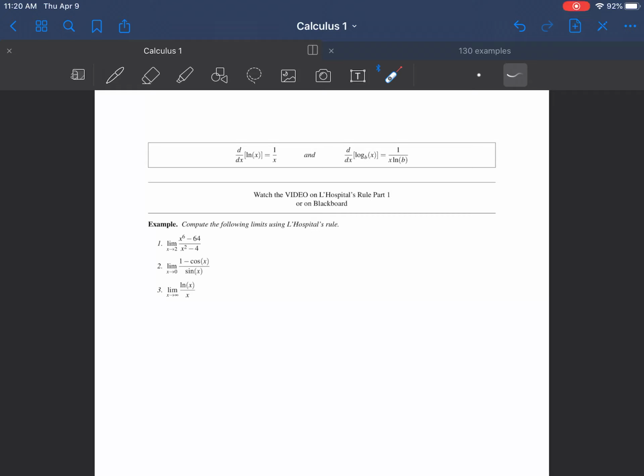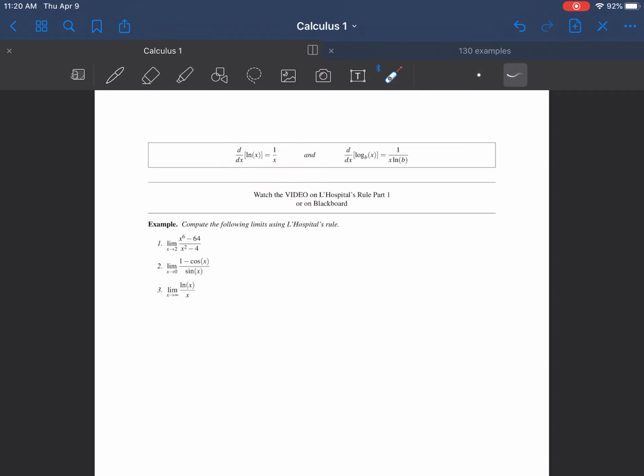Great, so let's dig into some examples here. Before I get into the examples, I wrote in here a derivative that we haven't really talked about yet, but is important and you'll need to know it for future classes and for the next few examples. And that's the derivative of the natural log, or logs in general, right? So if you're looking to differentiate ln of x, the natural log, the derivative of ln of x is 1